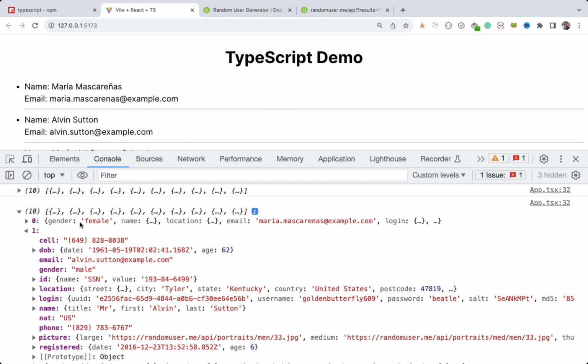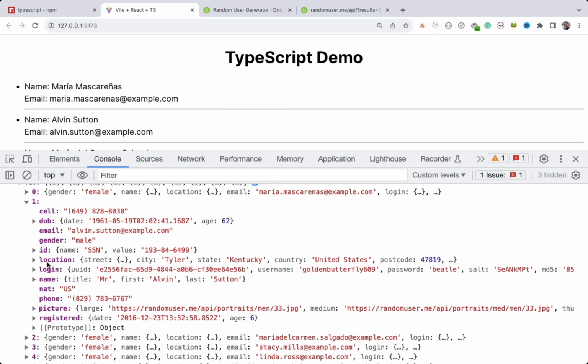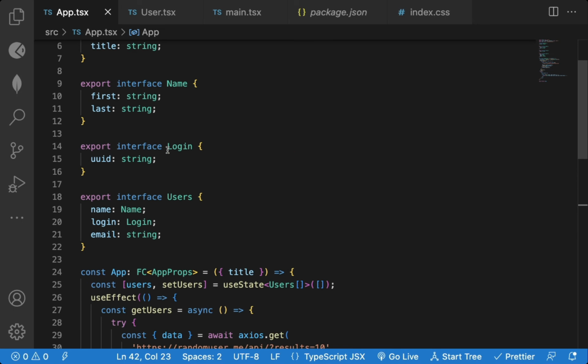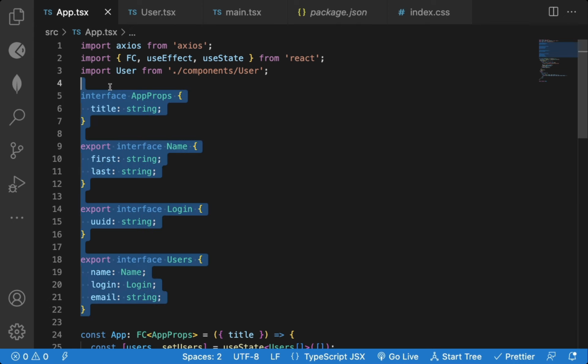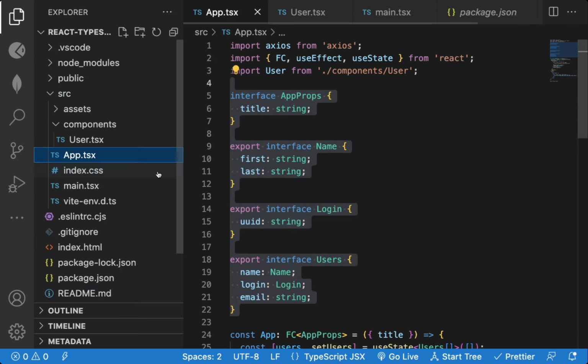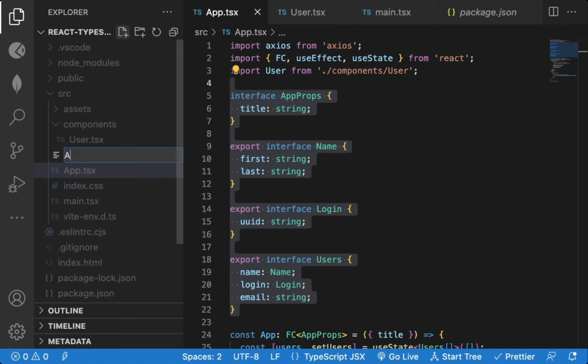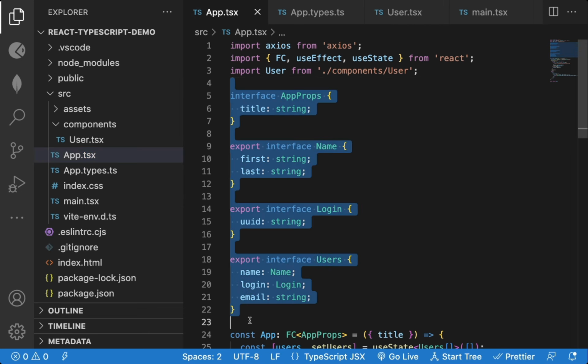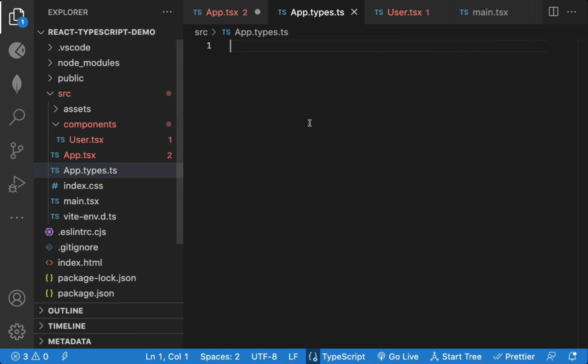So if you want, you can also display any other properties like gender or phone number. You can display that information on the screen. So if you see, the file is becoming quite larger, because we have multiple interfaces. So what you can do is, it's a common convention to separate out these interfaces in a separate file. So this is app.tsx, so you can create new app.types.ts, not tsx,